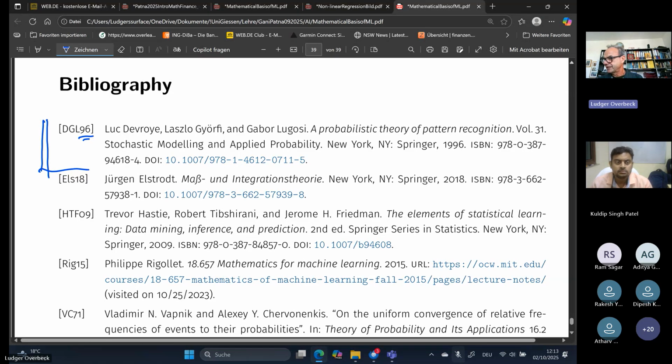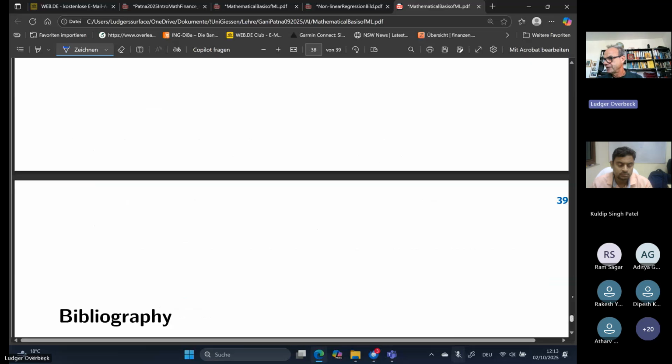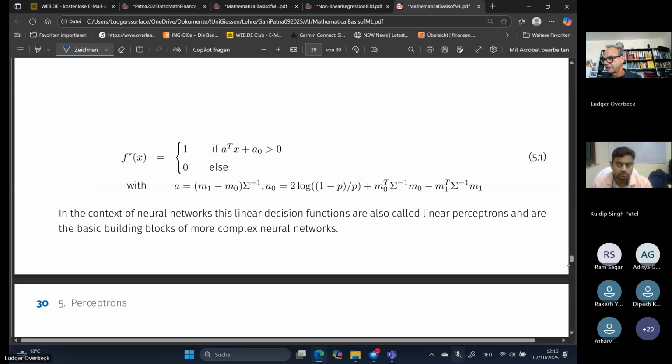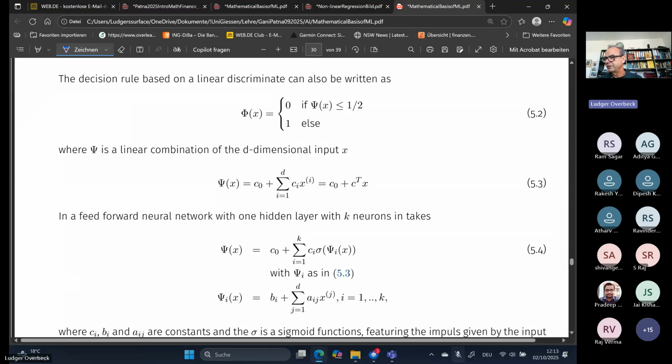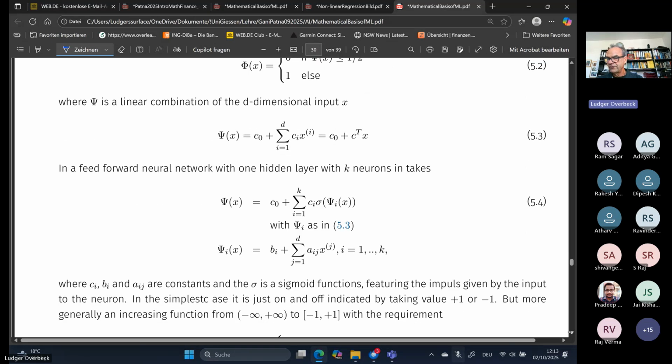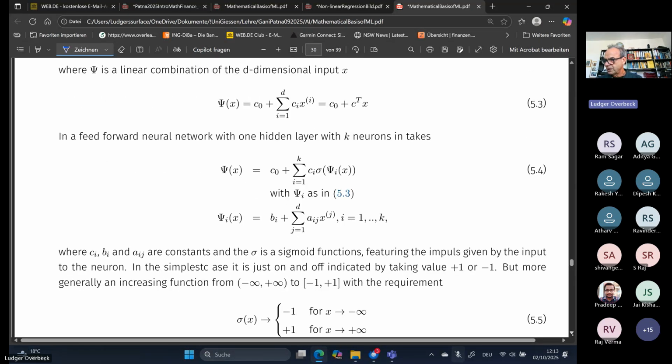Okay, so let me just now do one more concrete example. We now base our classification on a neural net. We now have a decision rule. I mean, the motivation is if you have a linear regression, then of course this is your optimal one. In a linear regression, your decision is clear. But with a neural net, it's optimal to do linear regression in one step. And so your overall